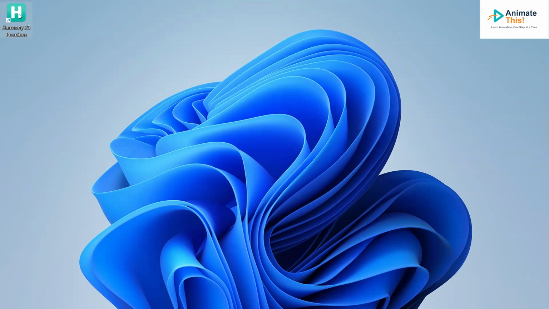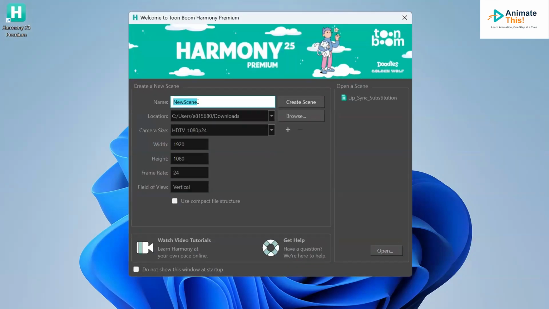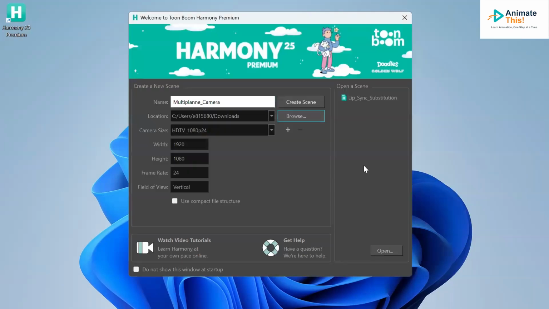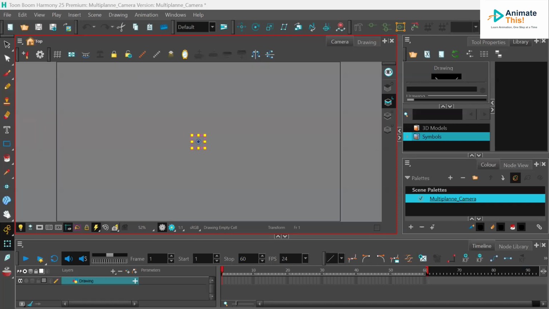And so I'm going to go ahead and click on Harmony 25 here. And I'm just going to call this Multiplane Camera. Put it in my downloads, but if you need to change it, just go to Browse, put where you need to, and I'm going to hit Create. So once you get your scene,